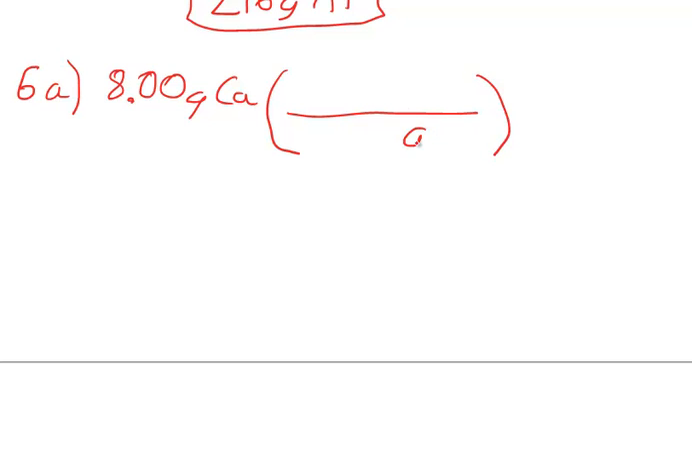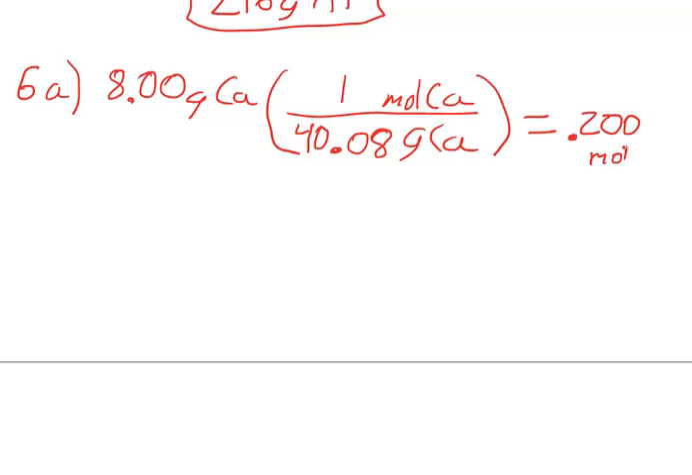Now if we jump to number 6, I'm going to do 6a next. In 6a, we have 8.00 grams of calcium. So this is going to be the reverse of what we were doing in 5. We're trying to get rid of grams of calcium and go to moles of calcium. 1 mole, we look at the periodic table, is 40.08 grams. So we multiply 8 by 1 divided by 40.08, and we get a final answer of 0.200 moles